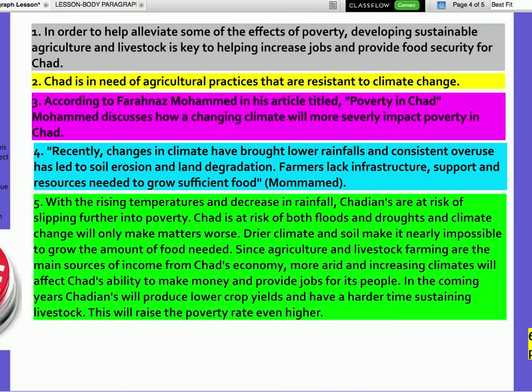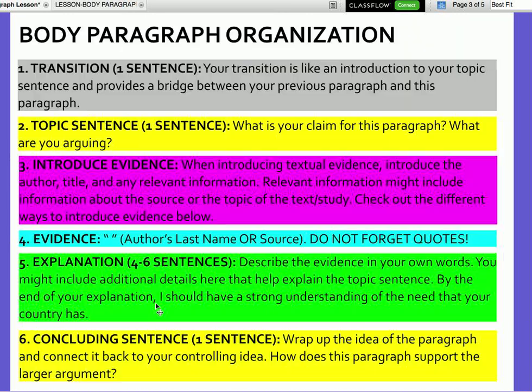Okay. All right. Final piece. So we're going to work on our concluding sentence. Our concluding sentence is basically just going to wrap up the idea of the paragraph, and it's going to connect it back to your controlling idea. So you really want to think about how this paragraph supports the larger argument, right? So my larger argument